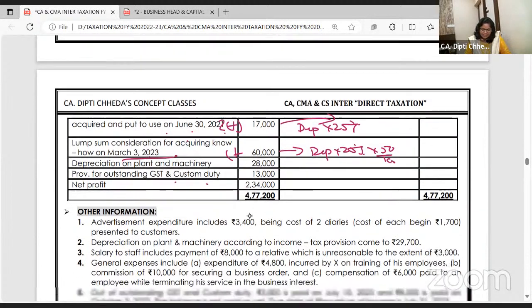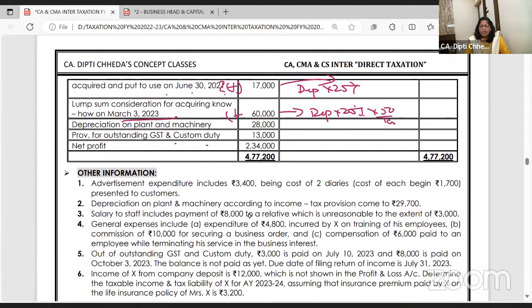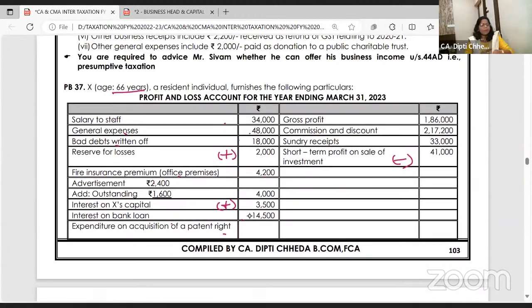Provision for GST, we will check. Provisions are not allowed, but if GST is due and if it is paid before due date of filing the return under 43B, so I am keeping this pending. See how I am reading the problem. मैम, बिना एडजस्टमेंट पढ़े हम शुरू कर सकते हैं? एग्जाम में बिल्कुल कर सकते हैं, if you want to do fast.